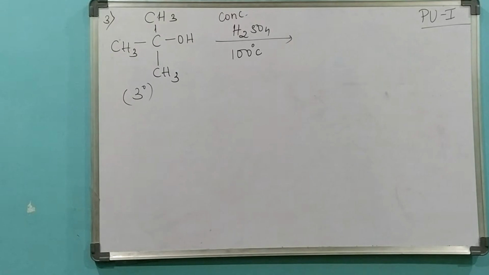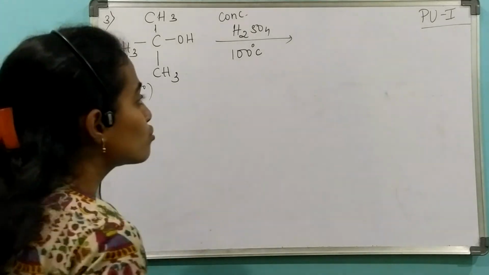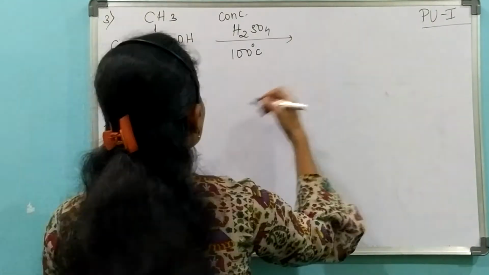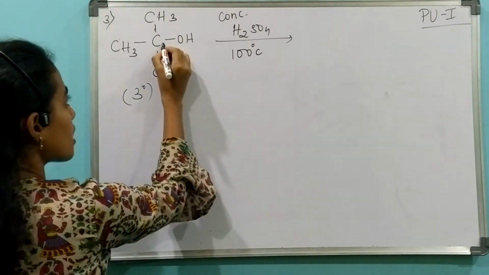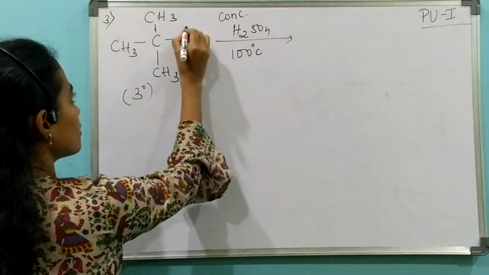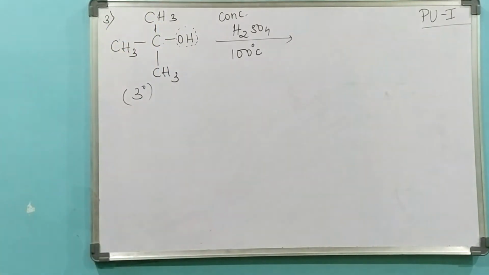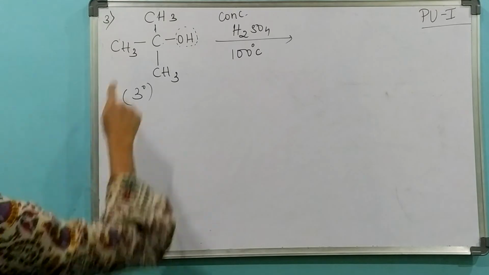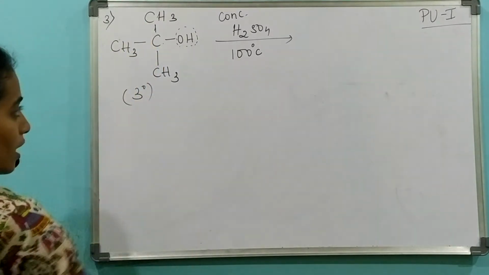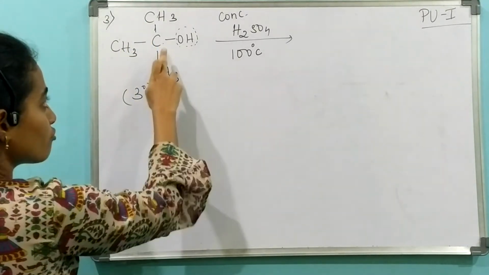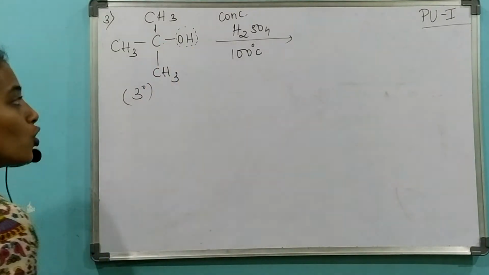If you remember, when we used the primary alcohol, it was 170 degrees Celsius. When we used the secondary alcohol, it was 140 degrees Celsius. And here we are using the tertiary alcohol, and the temperature is again reduced to 100 degrees Celsius. So what are you going to get as the product here? From this carbon, you will be removing the OH minus. From any of the adjacent carbons, you have to remove the H plus, that is hydrogen, proton. Either from these 2 carbons, you have to remove the H plus, and from this particular carbon, you will be removing the OH minus.